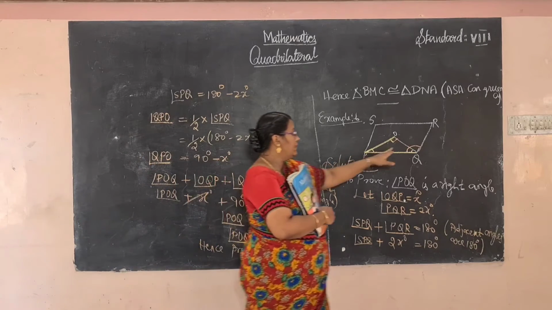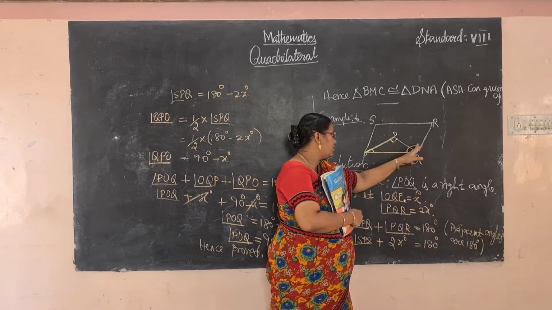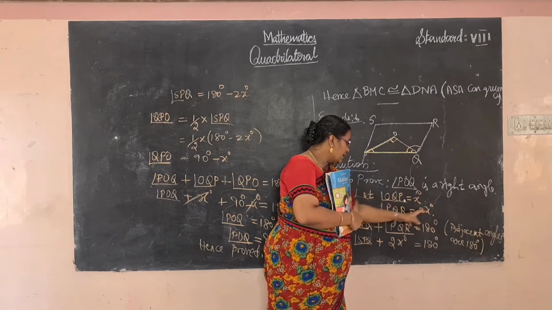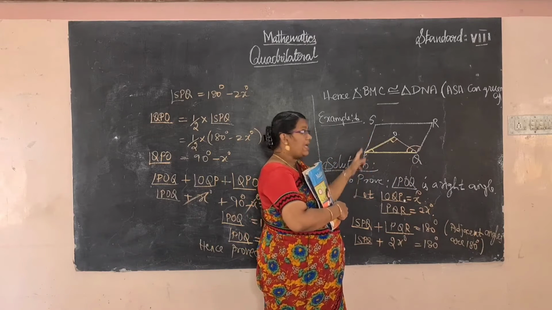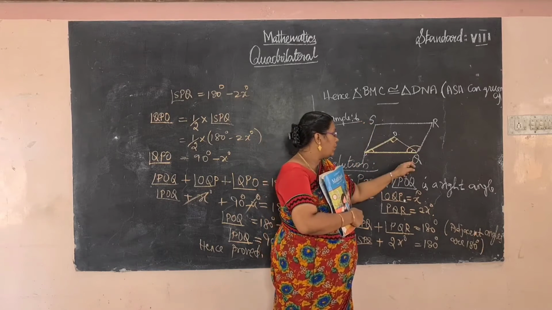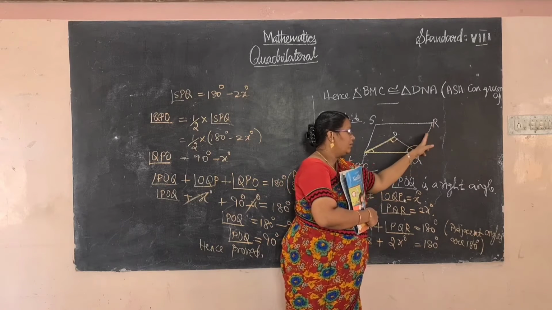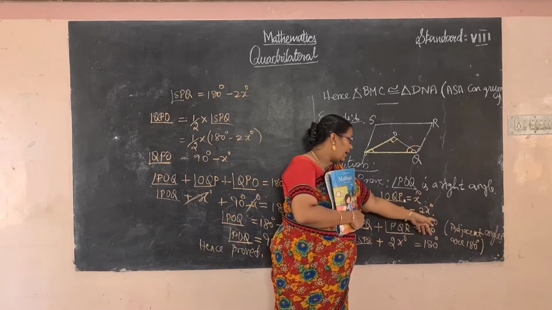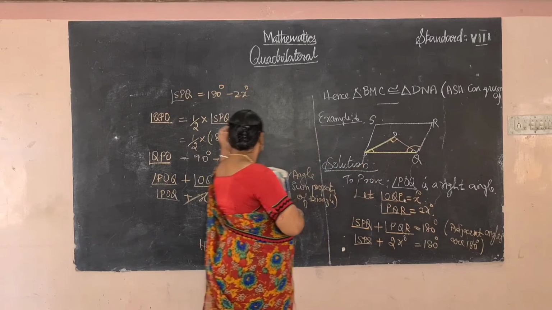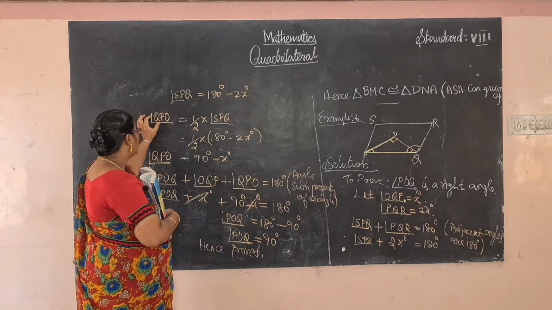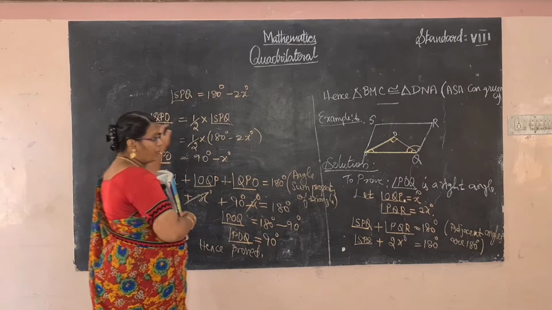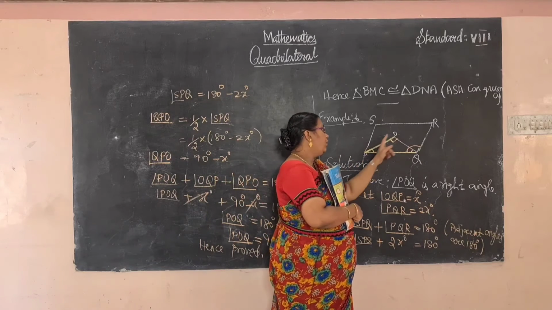First we considered this angle as x. Second, this whole angle PQR we considered to be 2x. After that we used that adjacent angles sum to 180 degrees. So here the angles SPQ and PQR together are 180 degrees. We calculated the value of SPQ. After that we calculated QPO. Why did we calculate QPO? We have to find out the value of POQ.